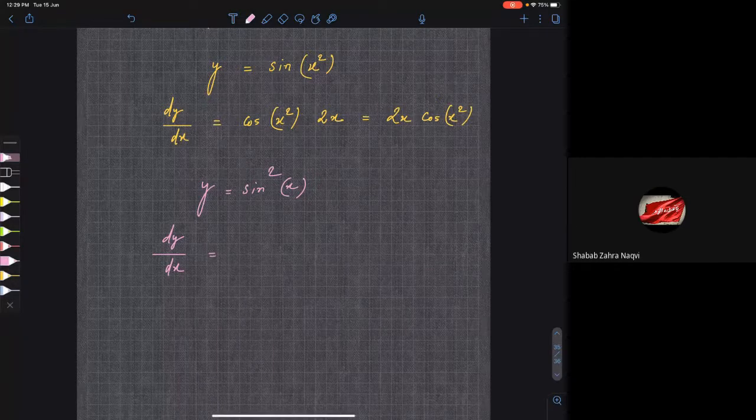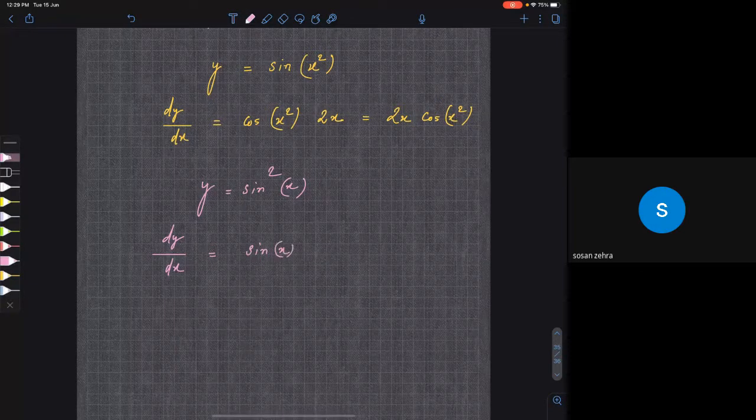Now basically, what is the difference between sin x squared, this yellow function, and this pink function? What is sine squared x? Sine squared is sine x into sine x, so it is sine x whole squared. There is a difference between the last function and this function, which is sine of x squared. This is sine x whole squared.